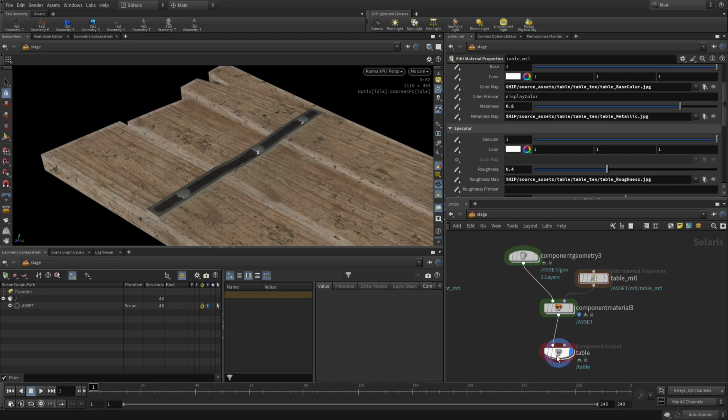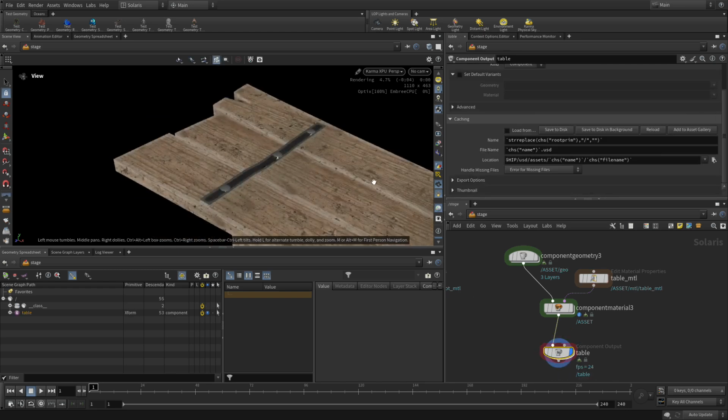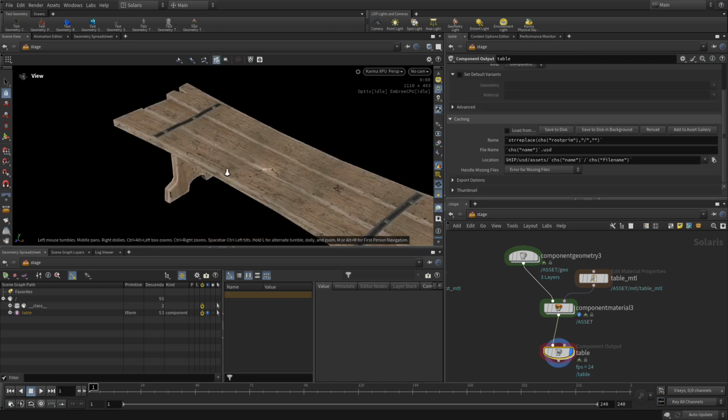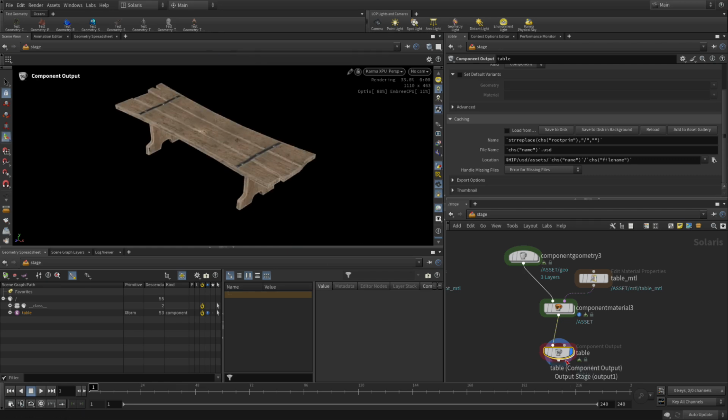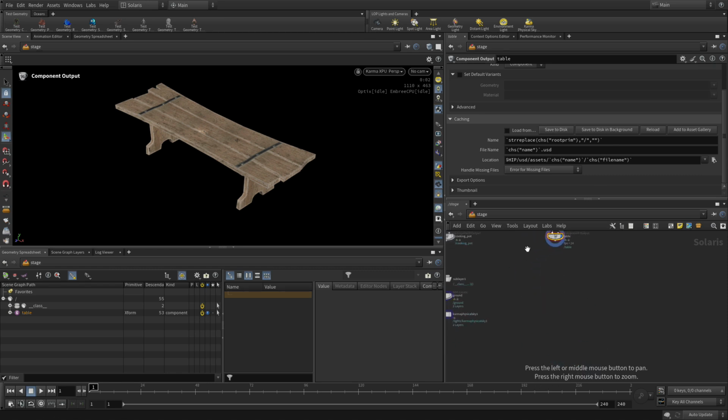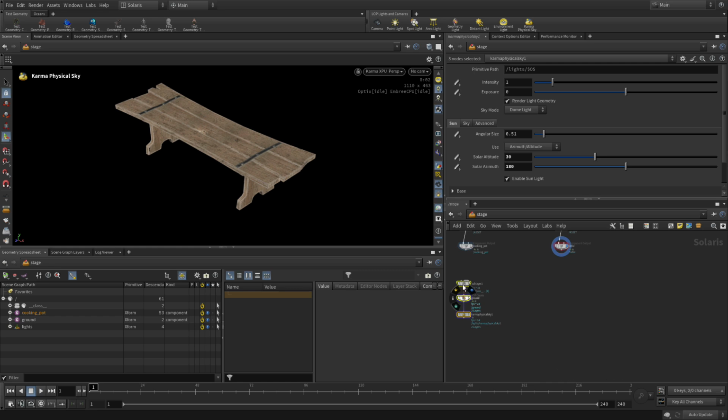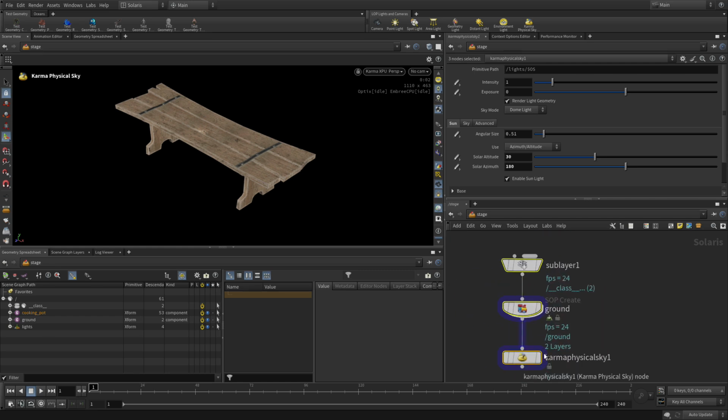So now we've got all the different parts of the table set up, and that's doing the trick. We're going to take this, and just like we did before, once we've got the name and all this stuff filled out, we can go save to disk. And notice how I've got confidence that it's going to set it up the way that I need it to. And to verify, because it's always good to verify, bring this over,